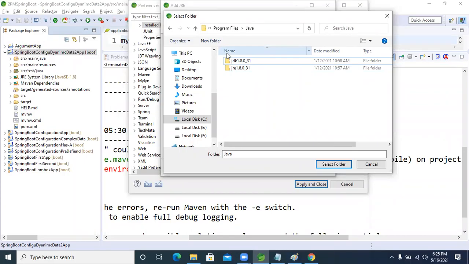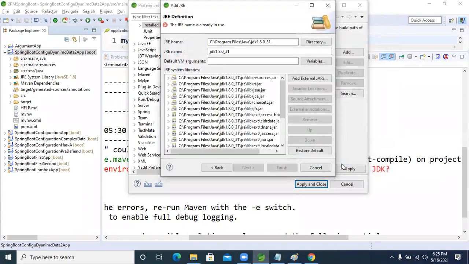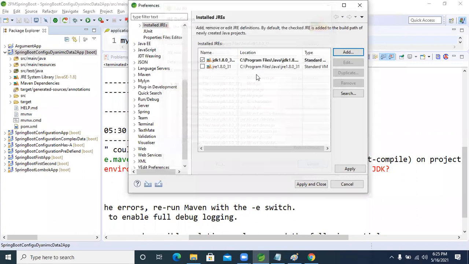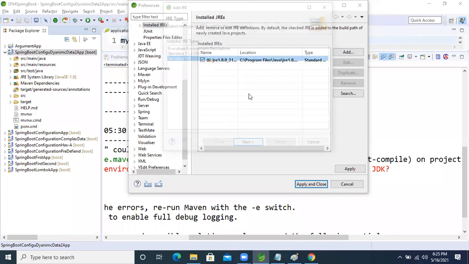Everything is fine now. Come on. Add standard VM directory.